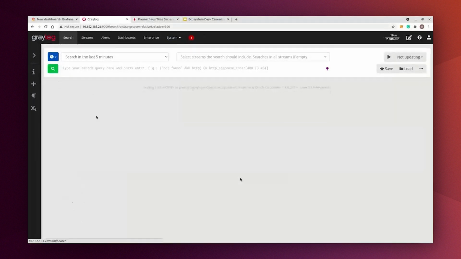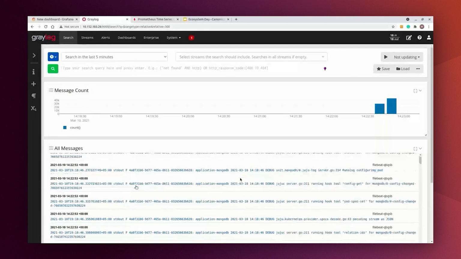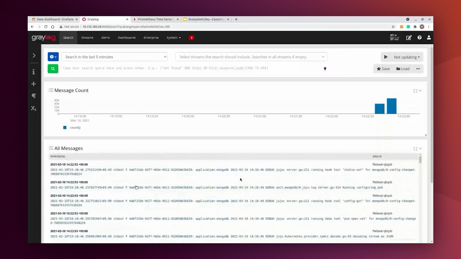So it will take a few, oh, there they are. Okay, so if we see the logs, we have our logs coming from the workload, and we can do any search query here. Like we have call record data here, so we can search any number, and we can see the activities. So if I put a sample number here,